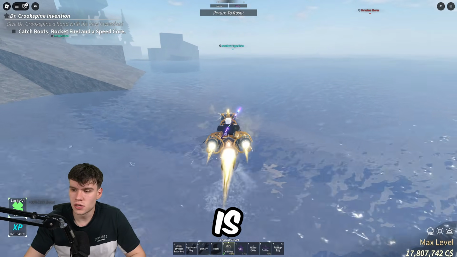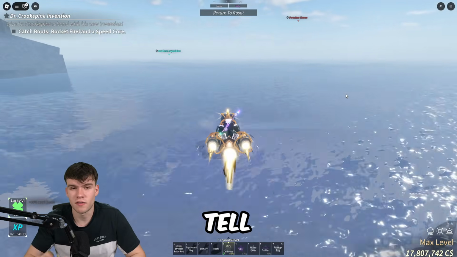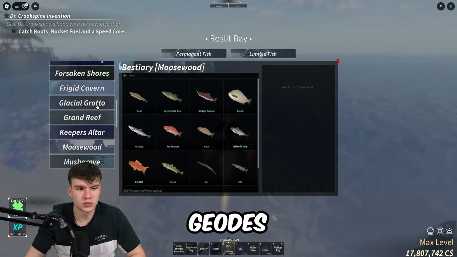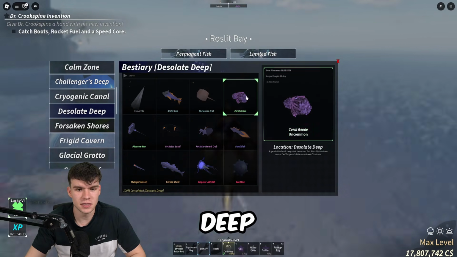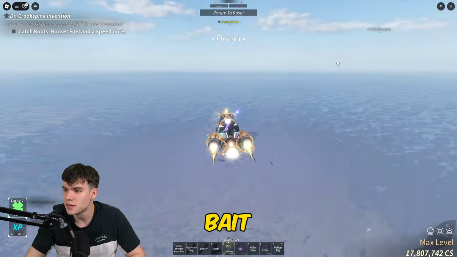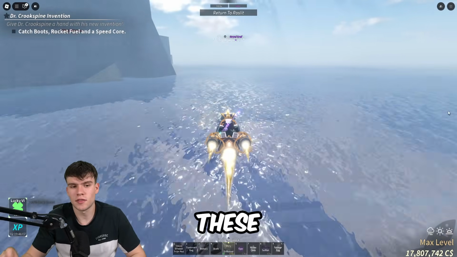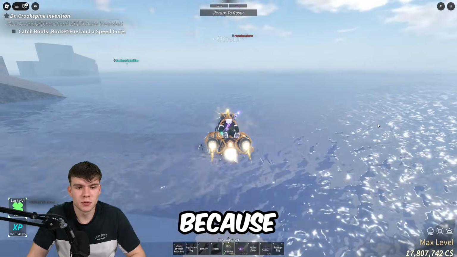Now, coral geodes is probably going to be a better alternative. I'll tell you guys why right now. Coral geodes are very similar to volcanic geodes. With coral geodes, guys, you fish them down in Desolate Deep. As you can see there, they're like magnet bait, and these also have a small chance to go and give truffle worm baits, guys. The reason why these are probably the best way of getting them is because you guys